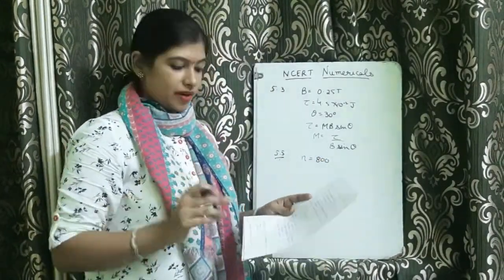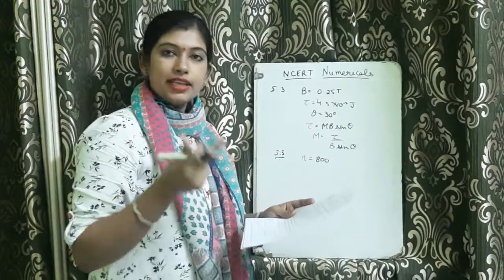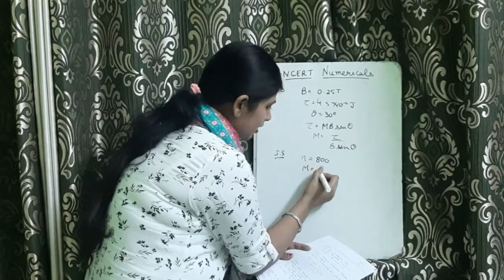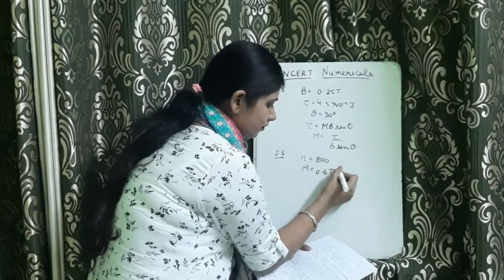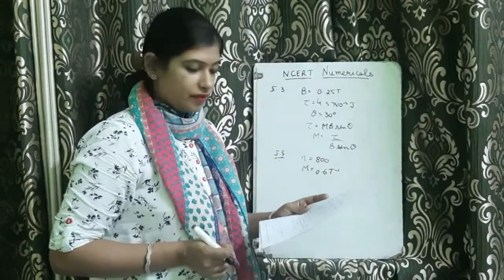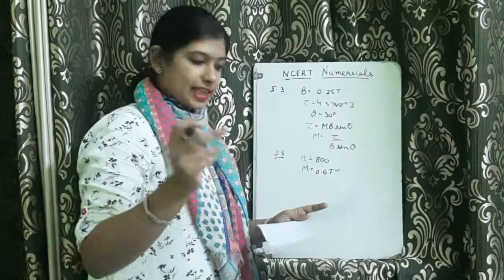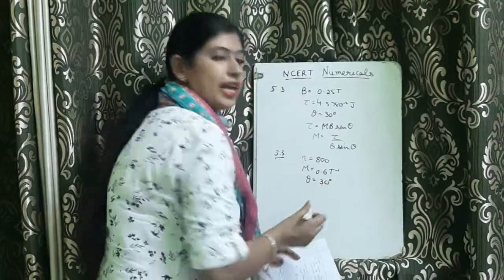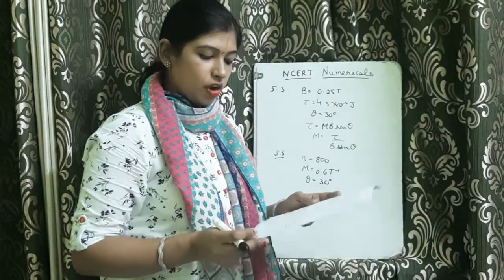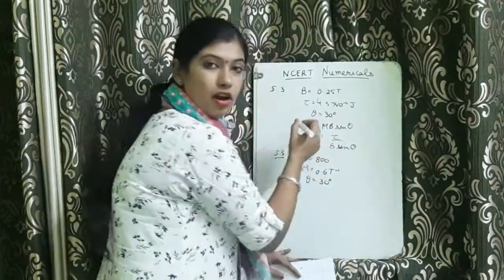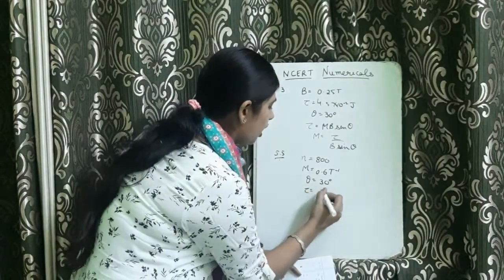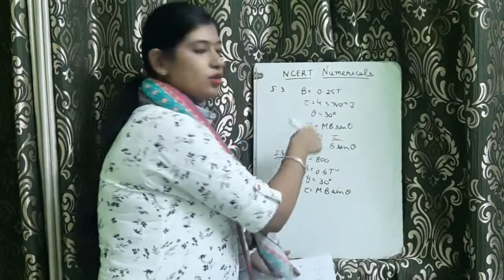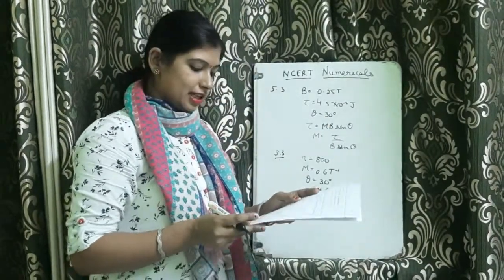Next we have been given the magnetic moment. The magnetic moment is given as M is equal to 0.6 T inverse. Now the angle theta has been given as 30 degree. Here we have to calculate the torque. Now the formula for torque, as we have done above, is torque is equal to mB sin theta. Substitute the values and you will get the answer.